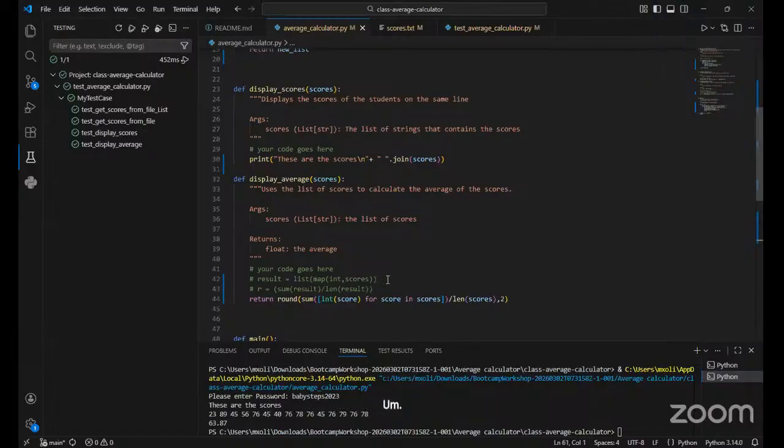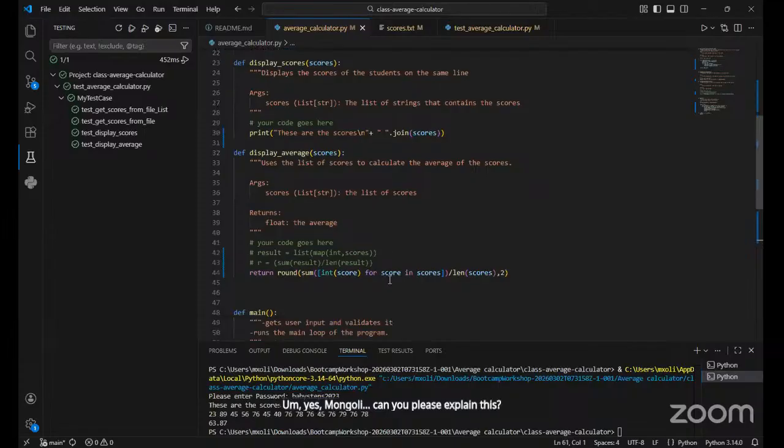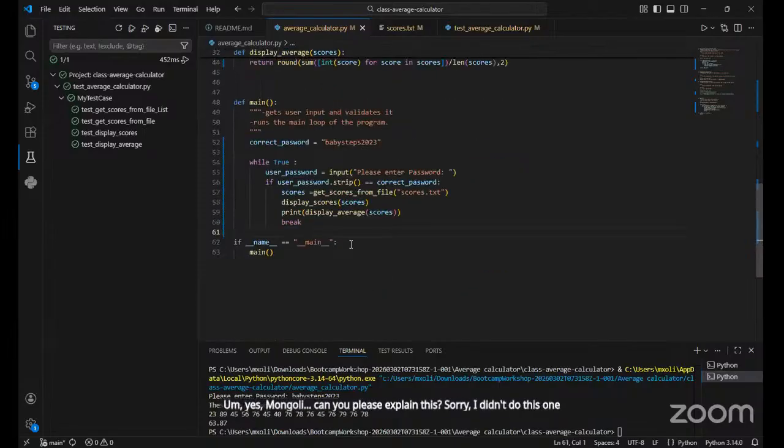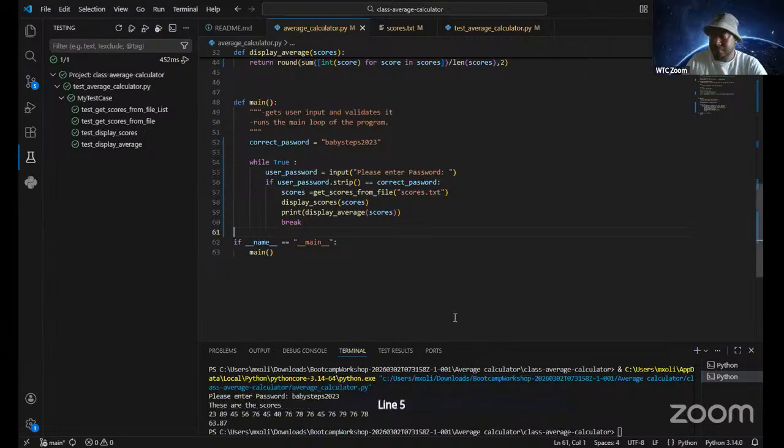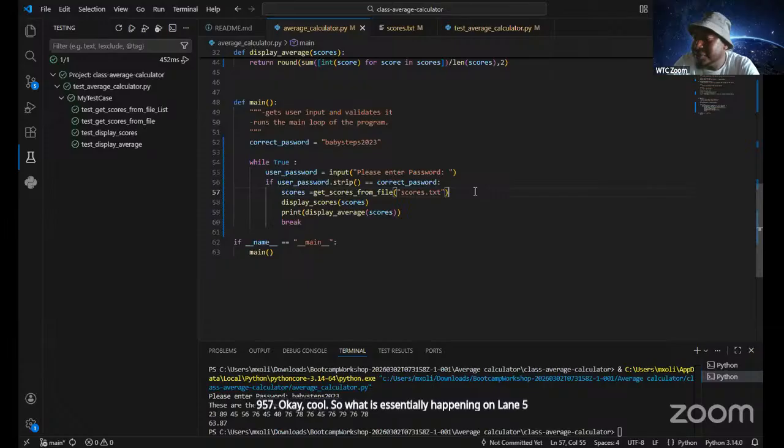Cool. Mxolisi, can you please explain this? Sorry, I didn't do this one, so I'm a bit confused. Line 57. Okay, cool. So what is essentially happening on line 57 is, this is how these functions are